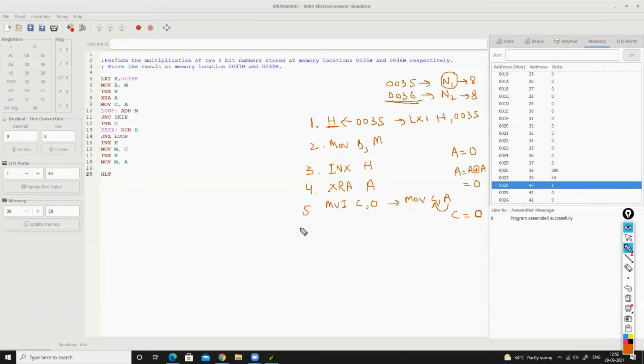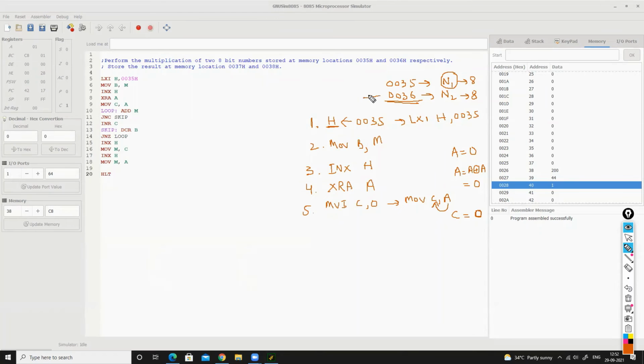After this, we will do a repeated addition. What kind of addition are we going to do? We will add this value, N2, repeatedly.